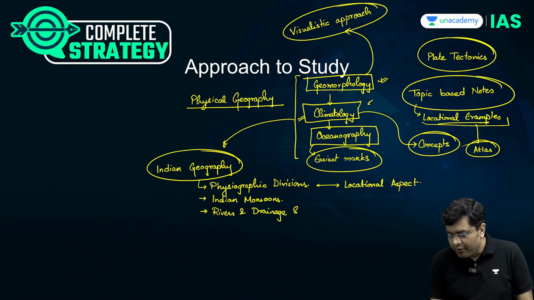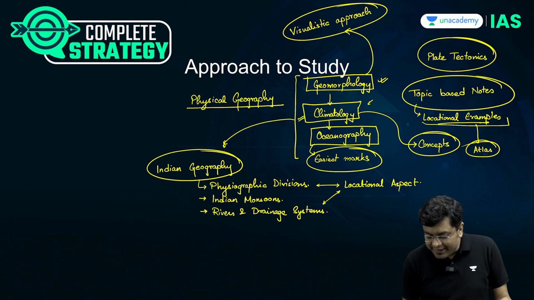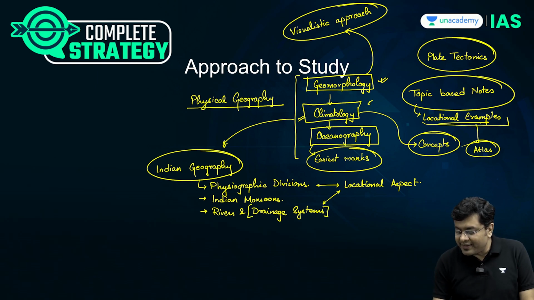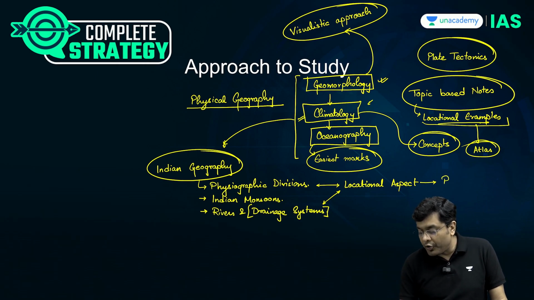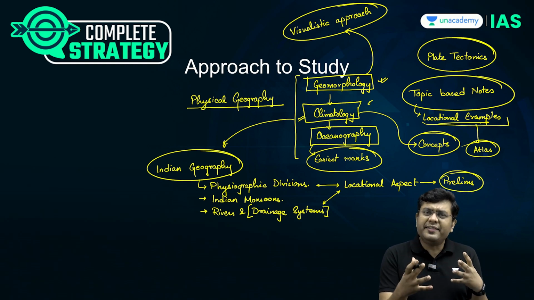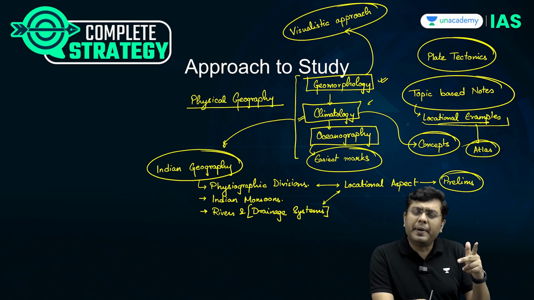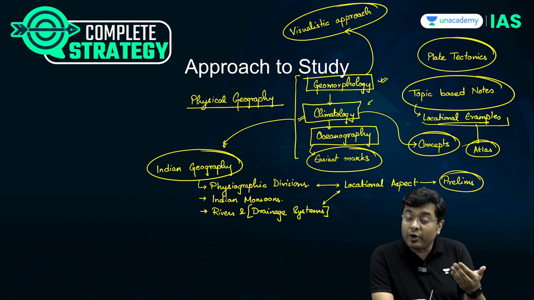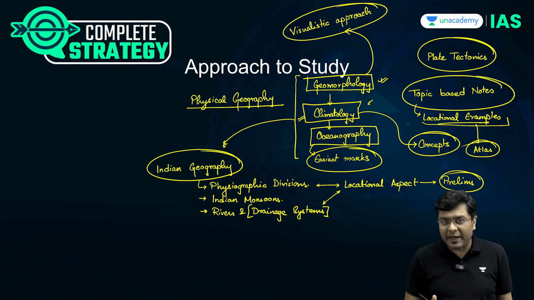Now again, when we talk about the rivers, the locational aspect has to be focused upon. This is relevant for drainage systems, wherever you have a locational aspect involved. That is relevant for your prelims. Nowadays, UPSC has been asking mains questions from this area as well. Rivers anyways have been one of the favorite topics for the mains and the interview process when you talk about the interlinking of rivers, frequent and yearly flooding of the region of Bihar and Assam plains. Those are the expected areas.